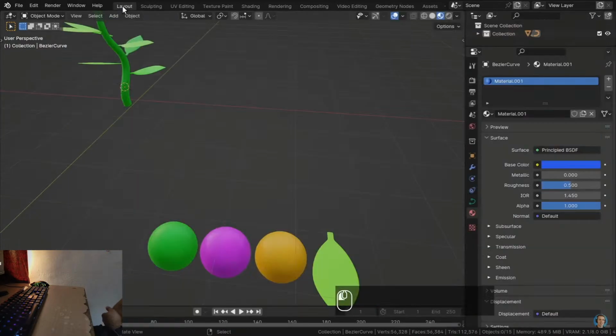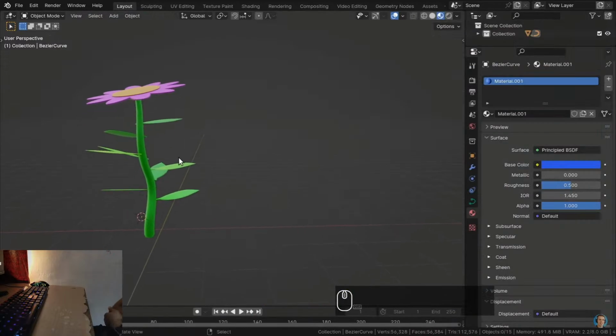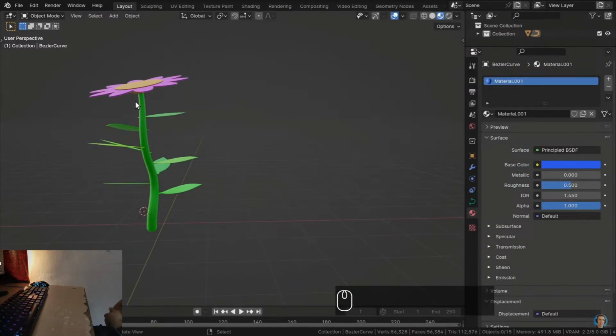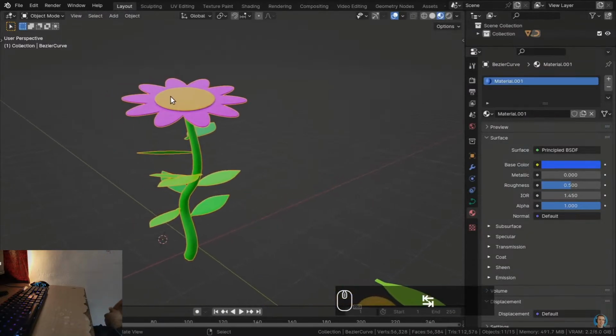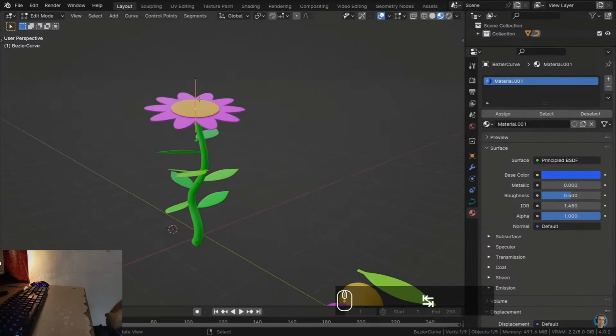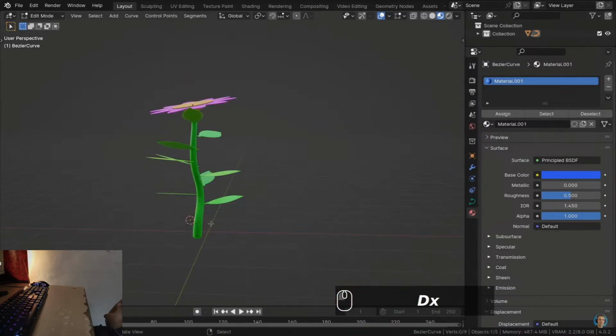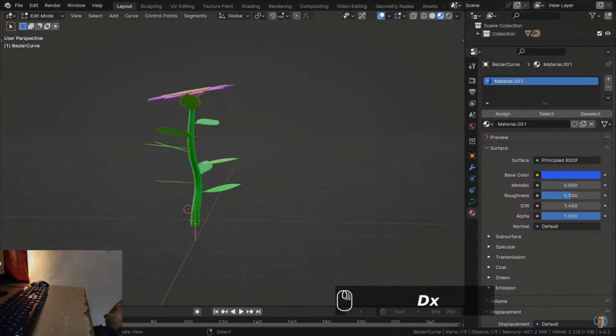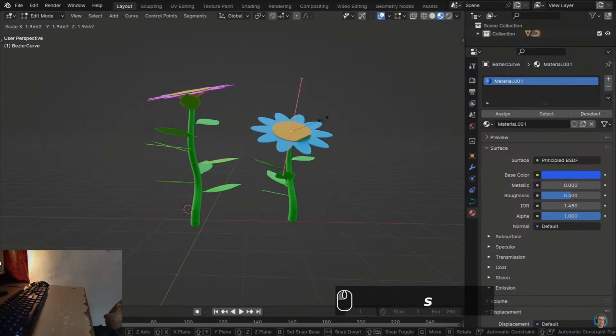So let's go back over here to the layout, and the last thing I'm going to show you in this video is how to draw the different flowers. So if you select the object and tab into edit mode, you can move the curve handles around, and you can scale them and rotate them, and that'll move the flower. And then if you wanted to add a new flower, you could select this curve here, you could duplicate it with Shift D, and then you could hit E to extrude, and you could extrude that up,